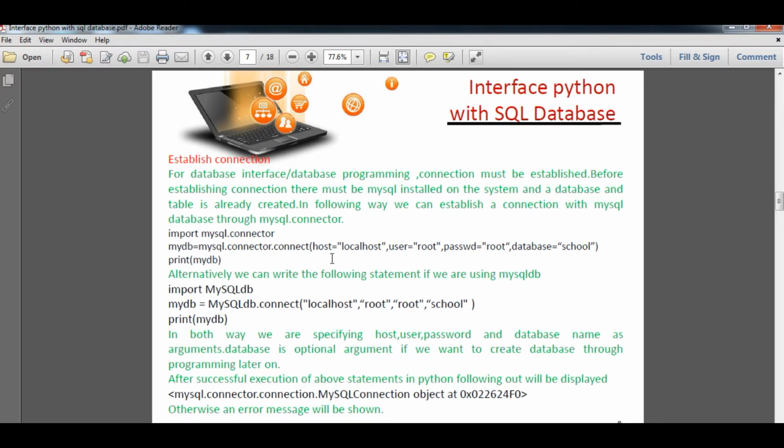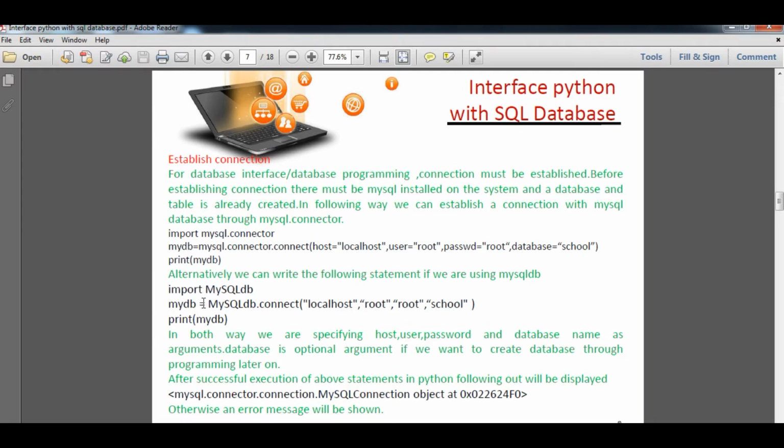Within round brackets you give parameters like host as localhost, user as root, password within double quotes, and database equals the database name, and then you just print the database name.